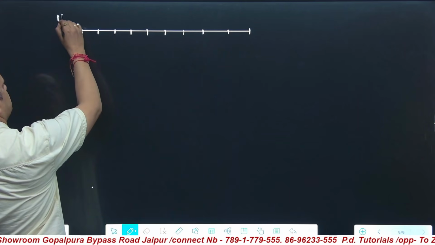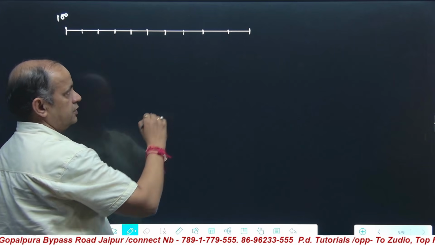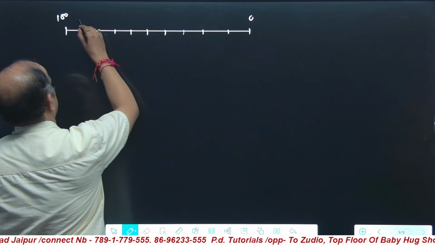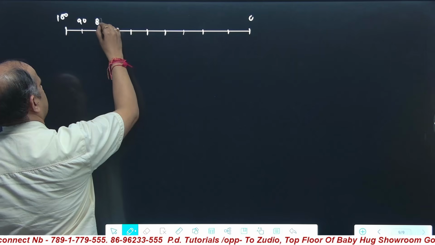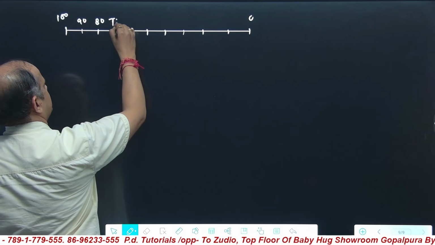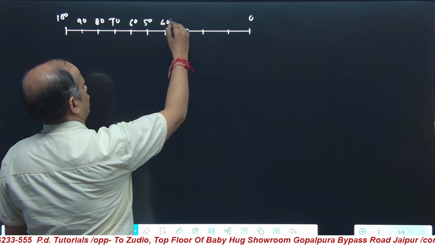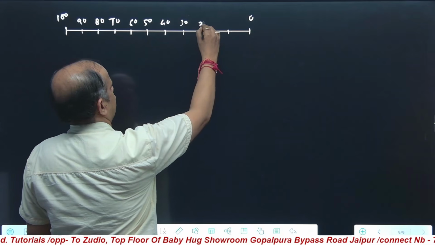Here amount is 100. Here amount becomes 0. In between: 90, 80, 70, 60, 50, 40, 30, 20, 10.